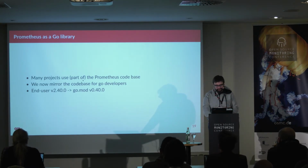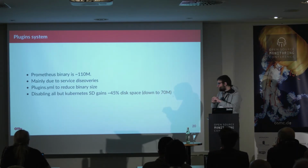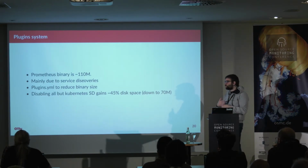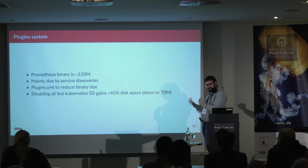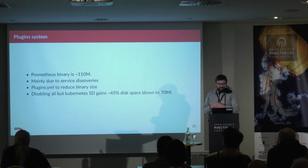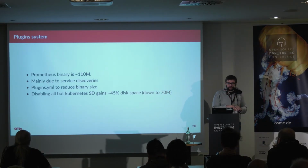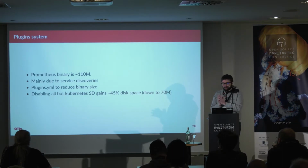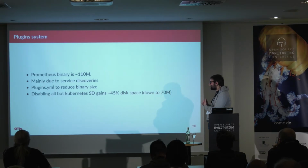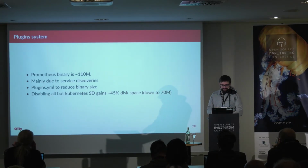We also have a plugin system now. It's not really designed for end users, because it is for when you are building Prometheus. Prometheus is an open source project, so everyone can build and ship it. But the binary size now, because of all the new fancy features, is more than 100 megabytes, and we will keep adding new service discoveries, so it will probably still grow a bit. But now we have a plugins.yaml system, so you can easily,